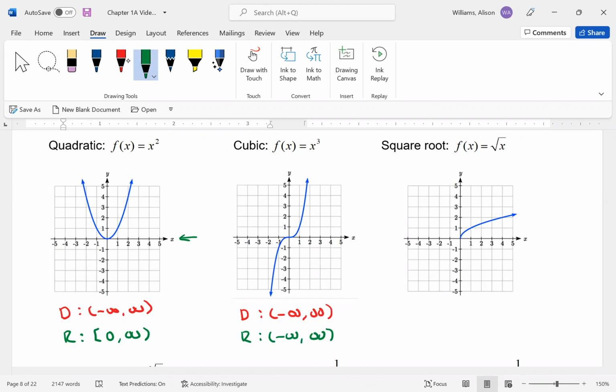Square root function. This one's finally exciting and different. It does have a far left value. Its furthest left value is right here, right at 0. It's starting at 0, but then it goes on forever to the right. So infinity. Oops, I put an R and it should have been D. All right. Then the range